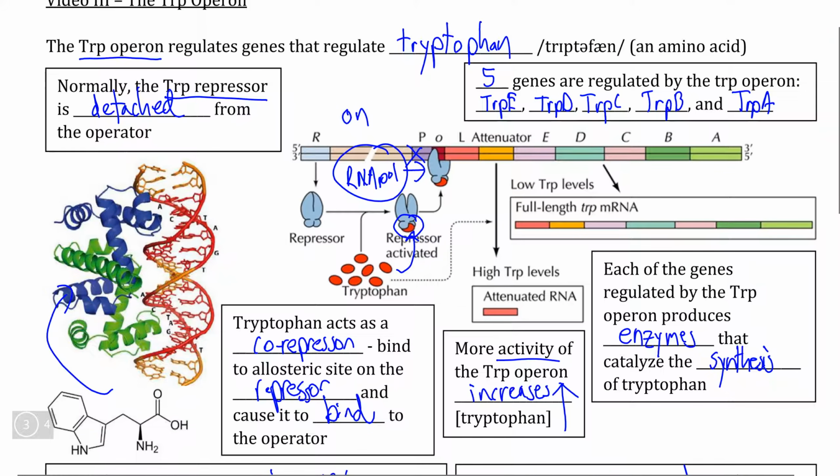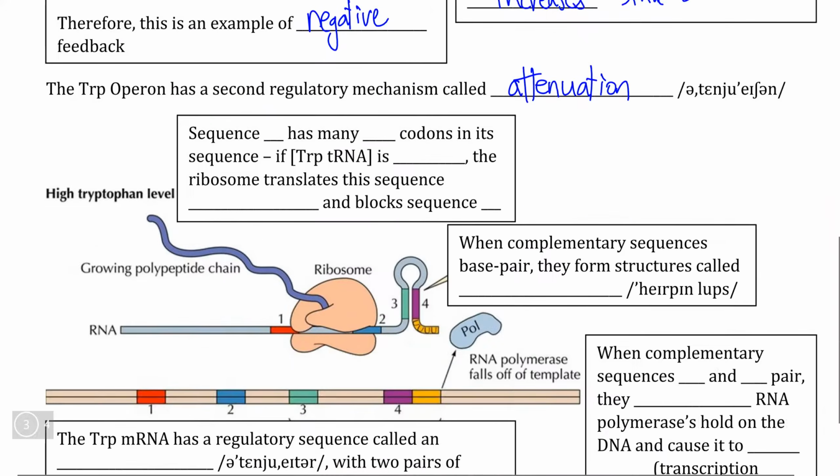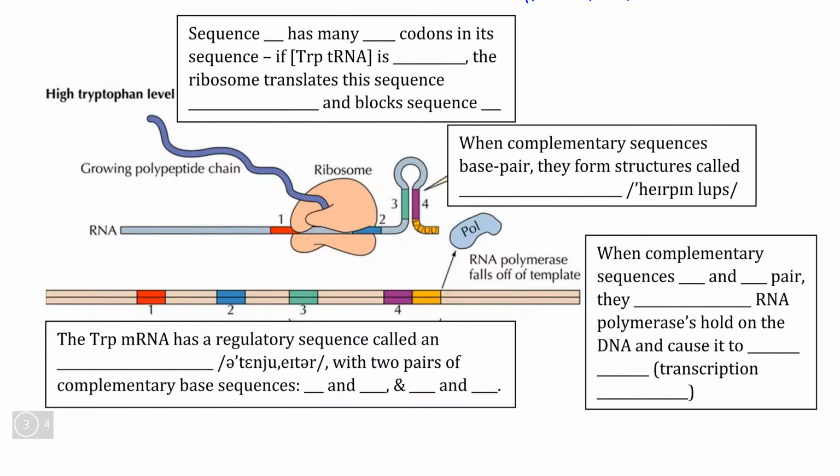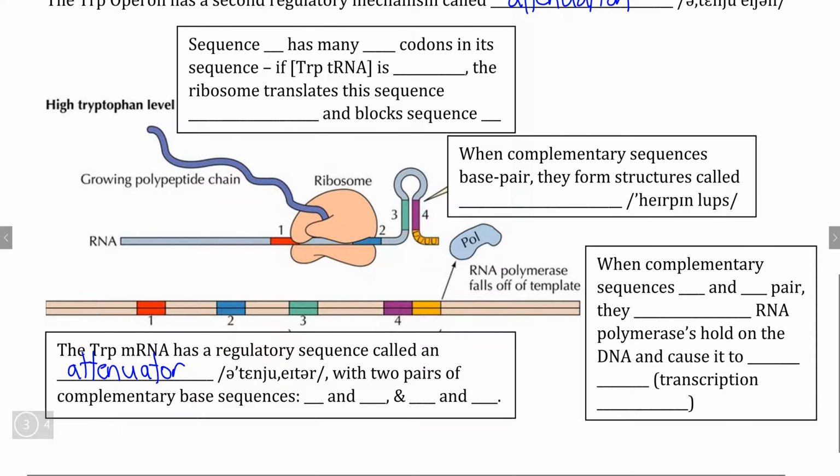So if we look at the gene structure in between the operator and the actual genetic components of the trp operon, we find another regulatory sequence that we did not see in the lac operon, and this is what we call an attenuator sequence. The attenuator sequence is characterized by a number of characteristic base pair sequences. Sequence number 1 has many codons that code for the amino acid tryptophan,